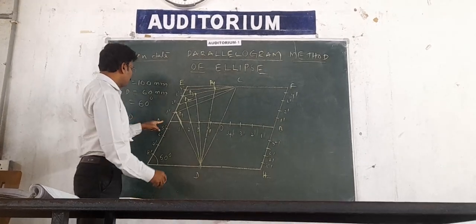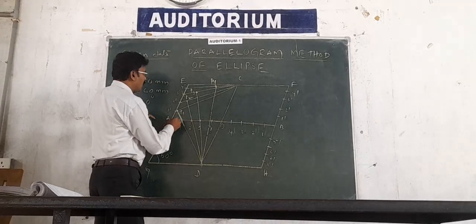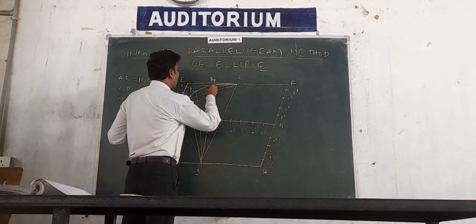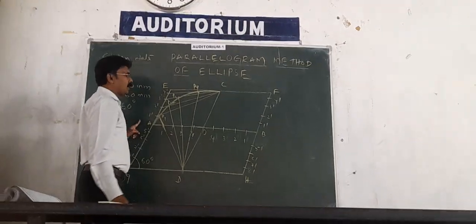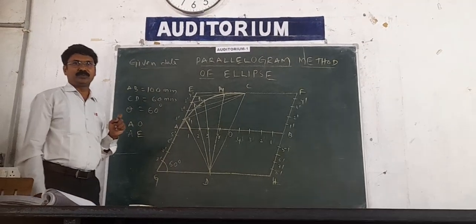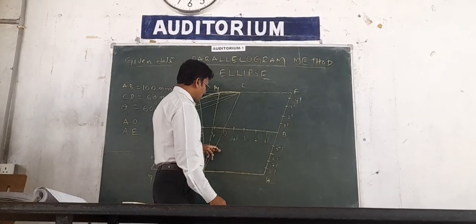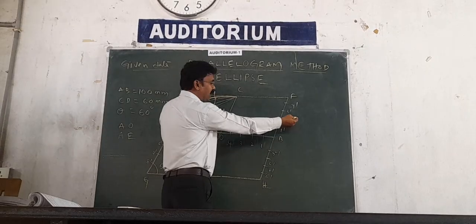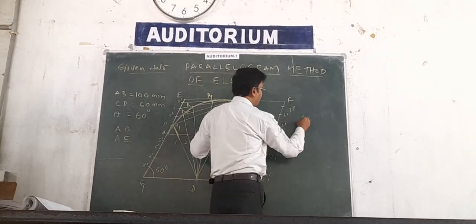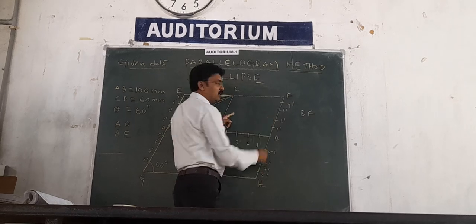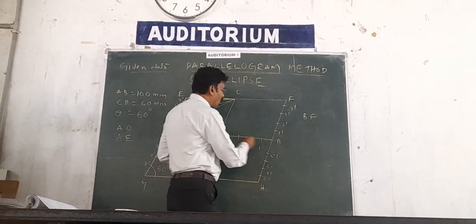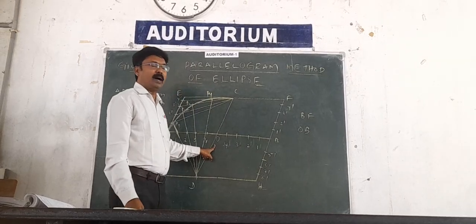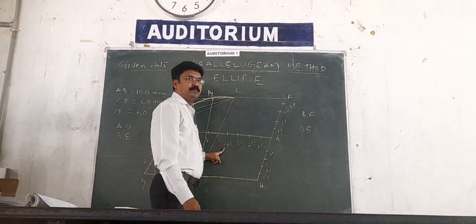If you join from A, A and P1, P2, P3, P4, the quarter part of the required ellipse is constructed. And repeat the same procedure. Join C2 on the right side limb BF by dividing it into an equal number of parts, and OB also divide into equidistant equal parts, 1, 2, 3, 4 again, and